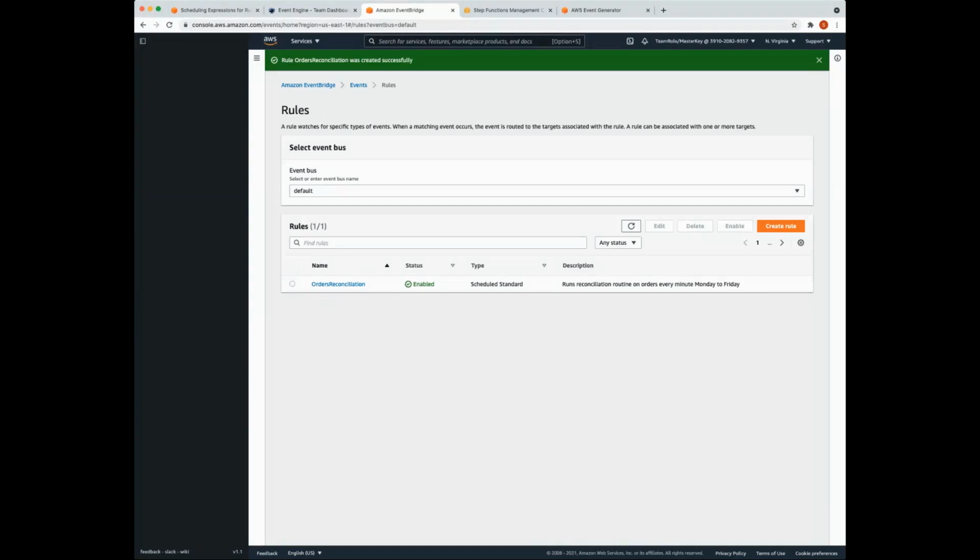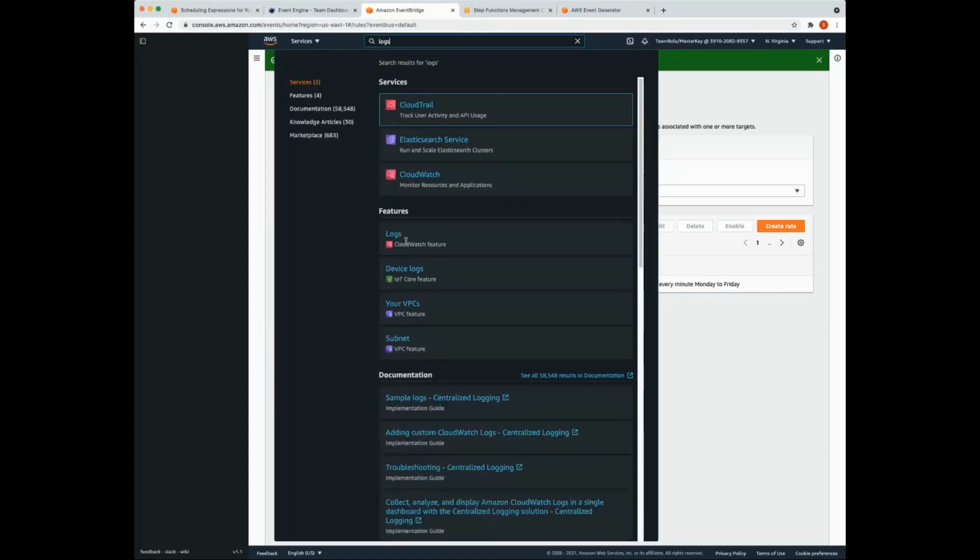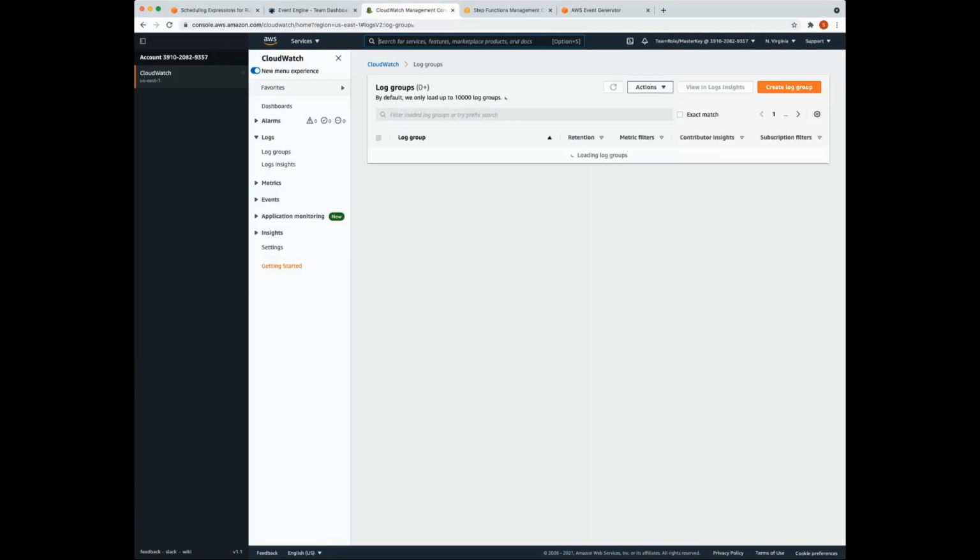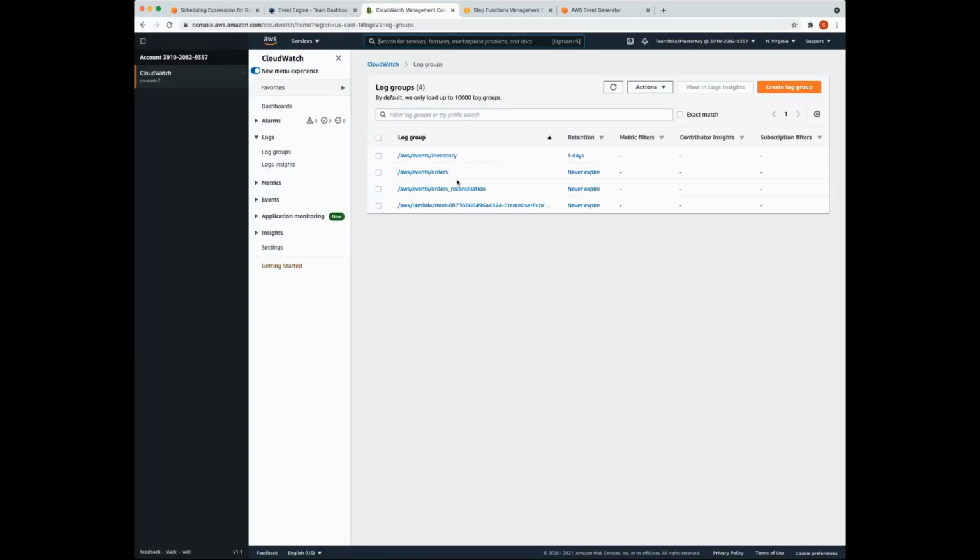And then we're going to verify our scheduled message delivery. So we're going to head to CloudWatch logs, Logs here under features. And we're going to hit the orders reconciliation log group.